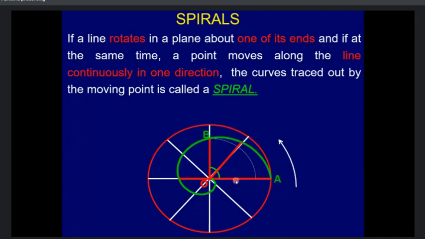Okay, OA's next position is 45 degrees anti-clockwise, and it moves x distance inside. So from 45, if it becomes 90, it will be 2x. Okay, from 90 to 135, the distance will be 3x. Then this distance will be 4x. Then this distance will be 5x. Then this distance will be 6x, and so on. And you can see the final position. It has completely moved to the inside.